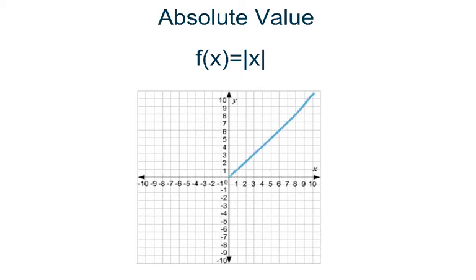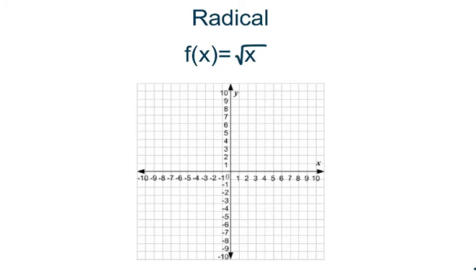So it kind of looks like just something like this. Usually the vertex is going to be right there at 0, 0. Okay, a radical, or you could call this a square root function. It kind of looks like a heel, so it's going to start, and it's going to look like it's leveling off,